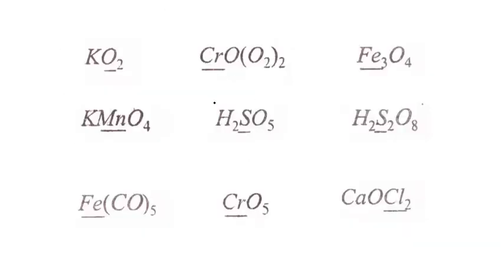In this sheet you can see I have given some compounds for practice purposes, and in all these compounds you can try calculating oxidation numbers. For this case you have to calculate the oxidation number of oxygen, then we have Cr, then we have Fe. Highlighted elements are given there. For the highlighted elements you have to calculate the oxidation numbers. So for these elements you can try, and you can share your answer in the comment section. Well, I will give the answer keys. You can match your answers with the answer keys.